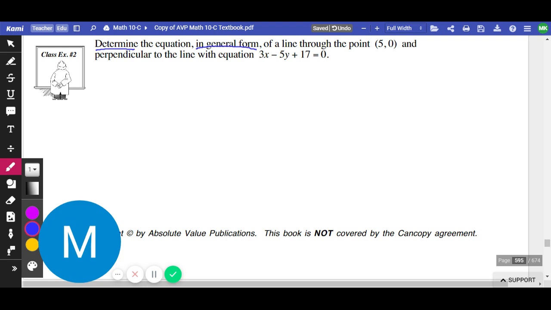Awesome. Let's start with the point they gave. Is this point my y-intercept? Good. No, it's not, right? It's my x-intercept. It kind of looks like y-intercept, but it's not. It's a trick. This point is a completely random point. We're going to call it x1, y1. So we need to go through that random point and be perpendicular